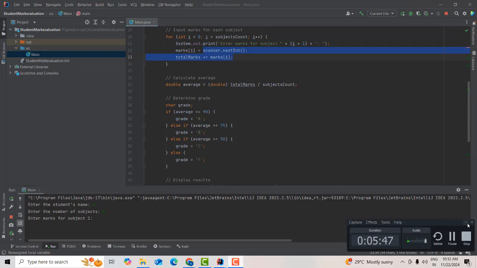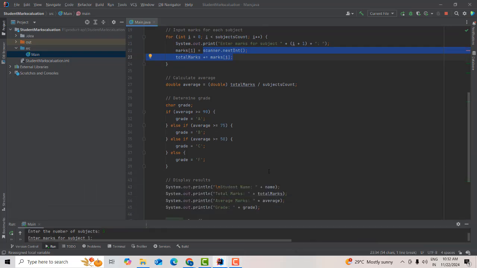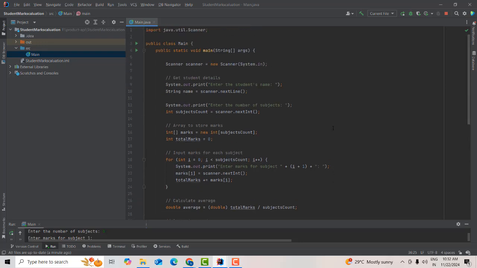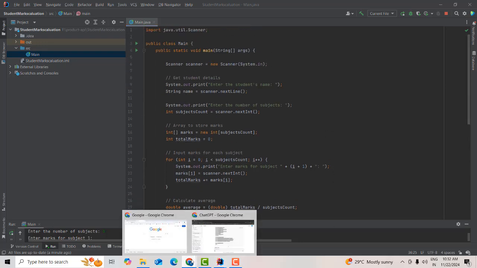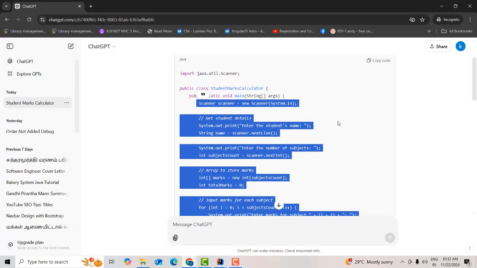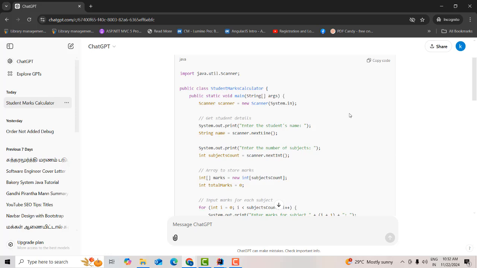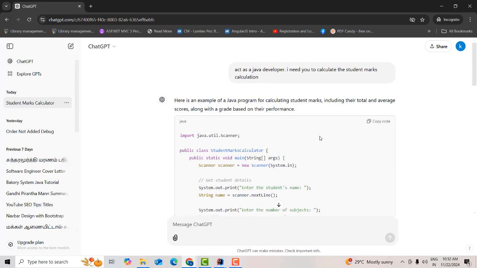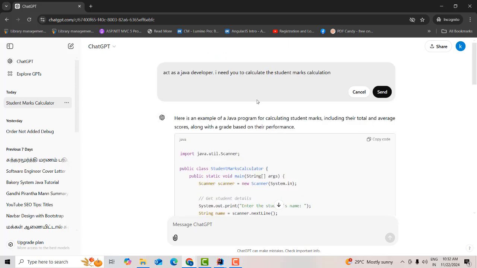How to calculate student marks using ChatGPT. Here, very simple. I have given only one prompt, and here you will be able to find where you are stuck. Now I want to do another one. You can see I want to edit this one. Click on this: student marks calculation along with the